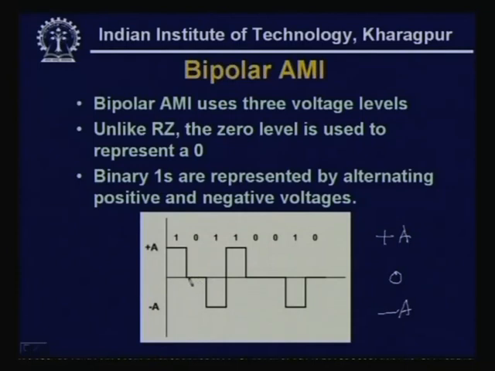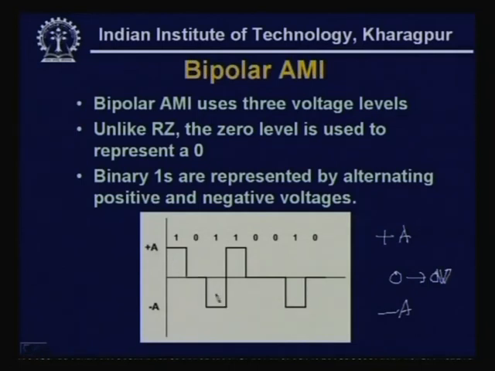So, the signal was returning to 0 both for 0 and for 1, but here it is not so. A 0 bit is represented by 0 volt. On the other hand, a 1 can have either positive voltage or negative voltage depending on